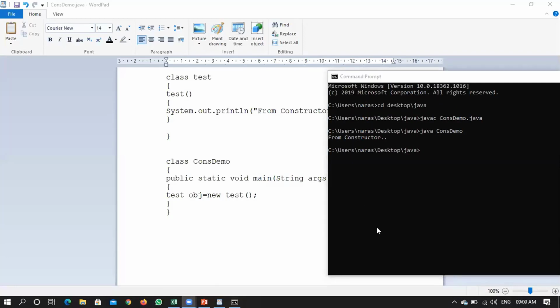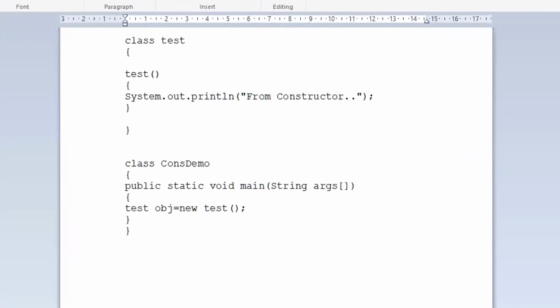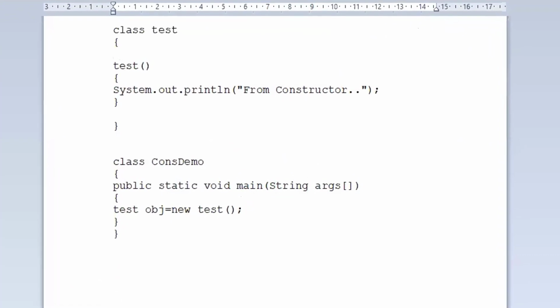So if you are clear, then I will slightly modify this program for a better understanding of the concept. Let us cross check by creating some instance variables, to see whether it will initialize those things or not. So let me write int x, y. Are these the instance variables of that particular class? Yes, they are the instance variables because they are defined within a class declaration.